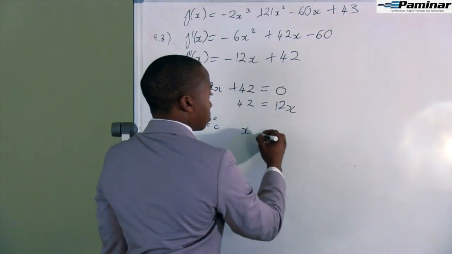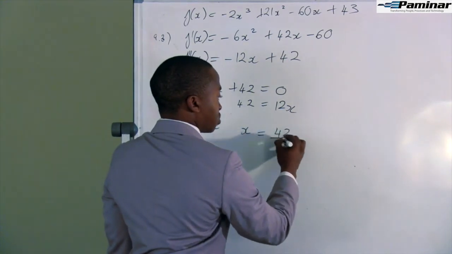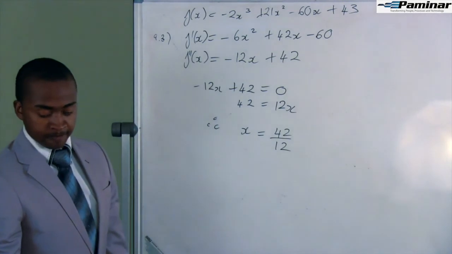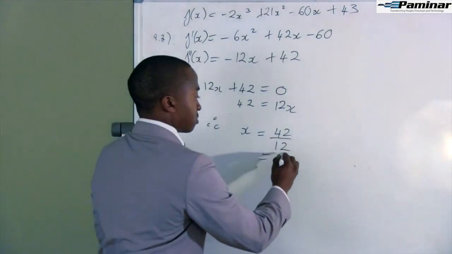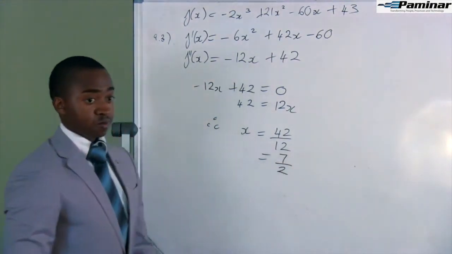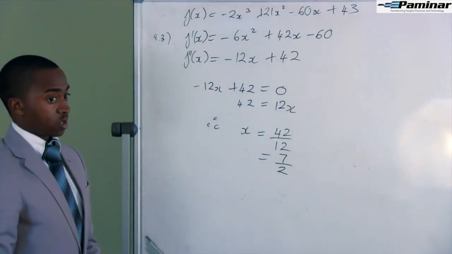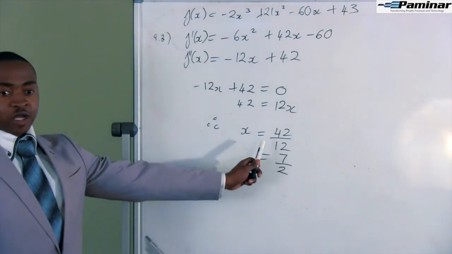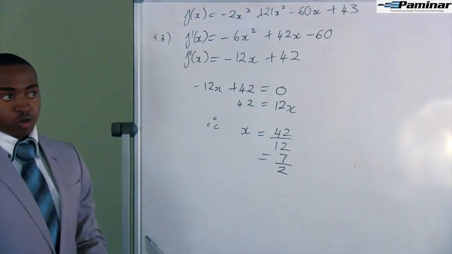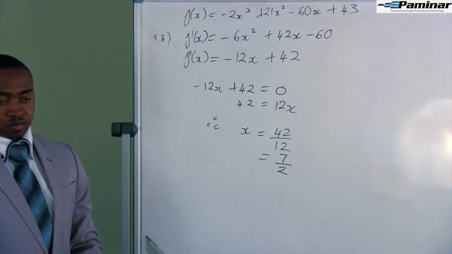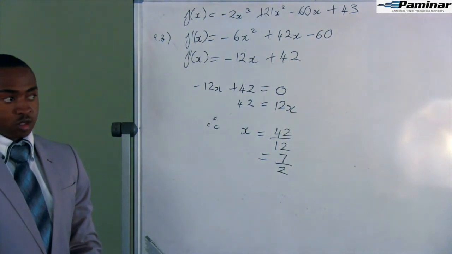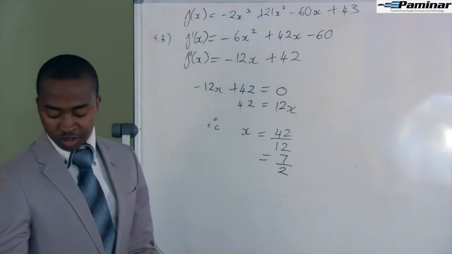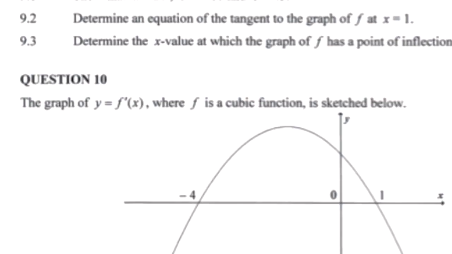Therefore, x should be 42 over 12, which is 7 over 2. And that's your x value at the point of inflection. Any questions? Okay. Moving on to the next question. Question 10. It reads,